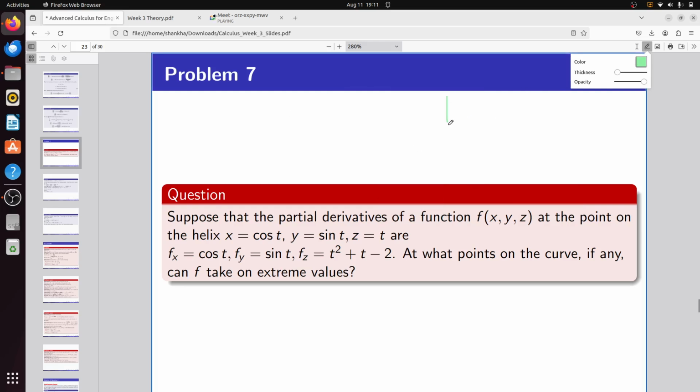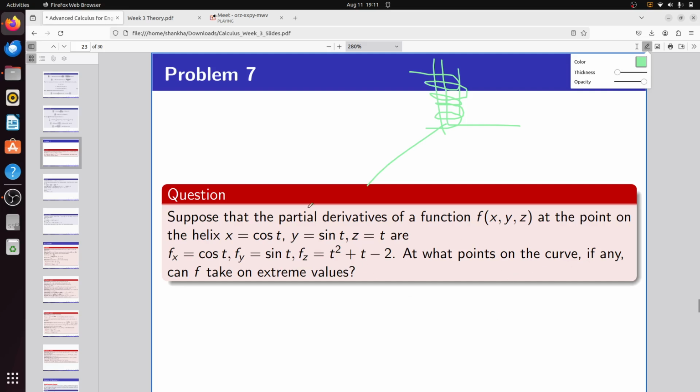Okay, so the helix will look like this in your coordinates. The helix is just a circle, and that circle is actually moving upward. So this is the helix. Am I clear? This circle will be the same. I drew it very badly. Do you understand what a helix means? A helix means that as t is increasing, the circle is moving upward, like a spring. You know a spring, so that actually looks like a spring.